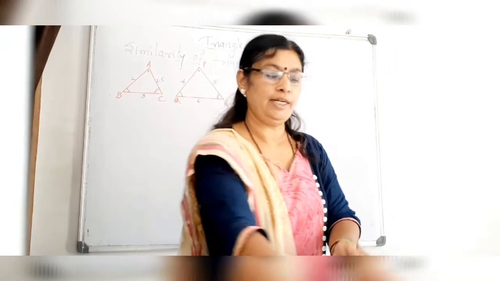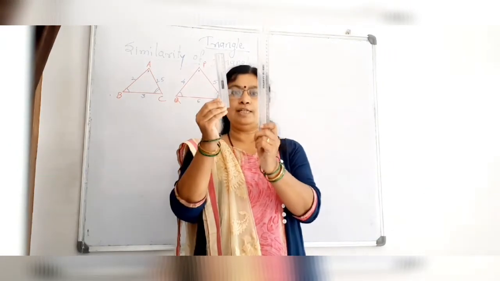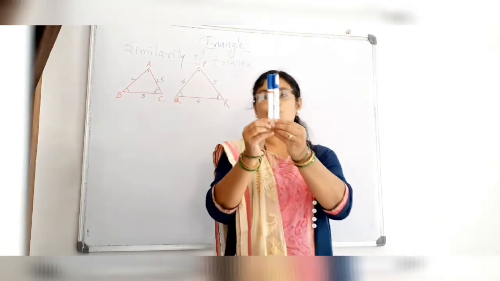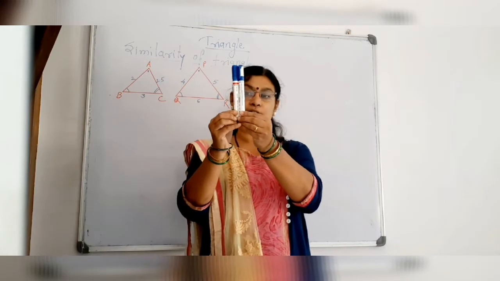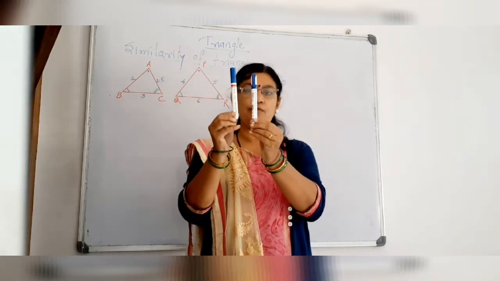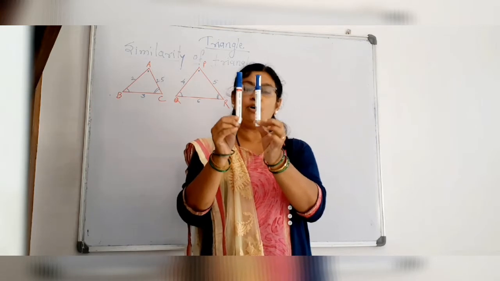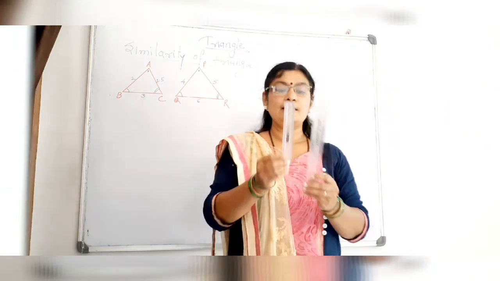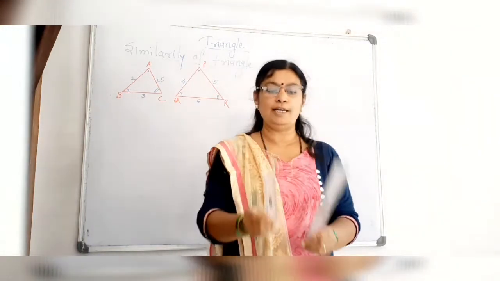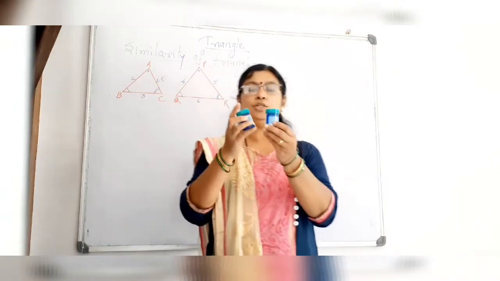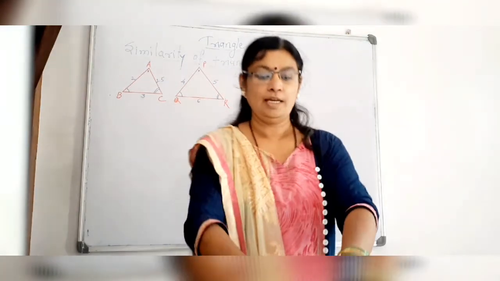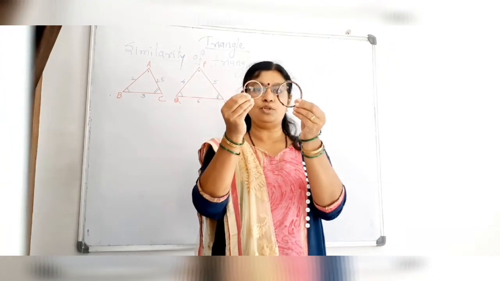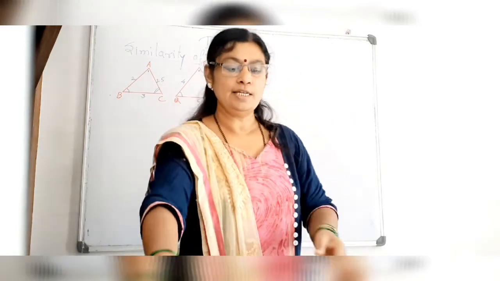Now see here, if we take these two scales, they are similar, not congruent. Congruent means exactly similar. Now see here, these two pens are exactly similar, so they are called congruent figures. If height, length, breadth all are equal, then it is a congruent figure. And similar means sizes are different but shapes are same. Now see here, these two figures are congruent figures. These are similar figures, having the same shape but sizes are different.